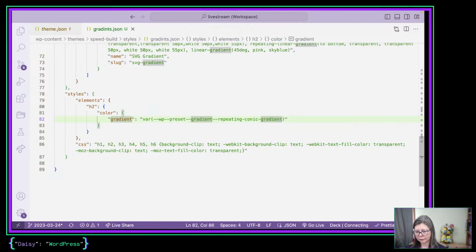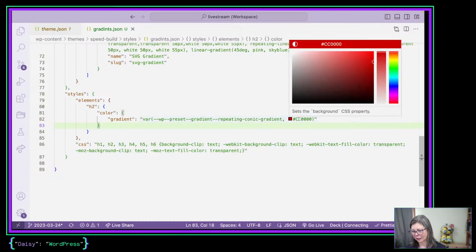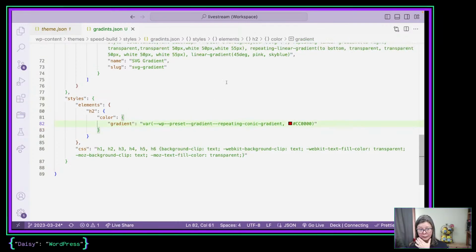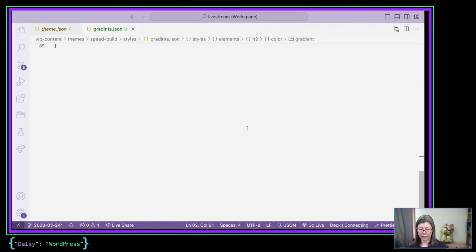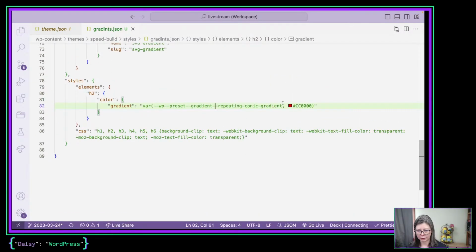But if I add a comma before the closing parentheses, and then I give it some other definitely good value, like let's say blue, or we could say we want it to be... I don't know why that color is always in my head, but I end up using it as an example every single time. We can give it back like a fallback. So if you put variables into your stuff here, you can always use a fallback to give it something else to use. So if I break this again, and I'm going to have to go,